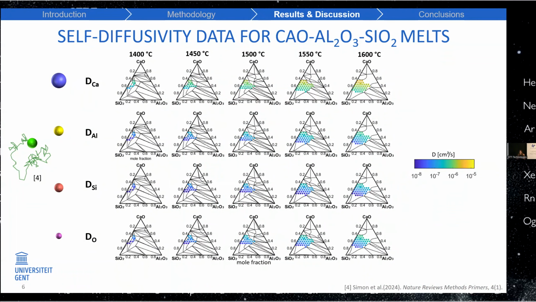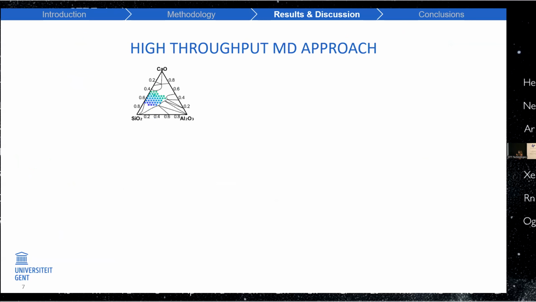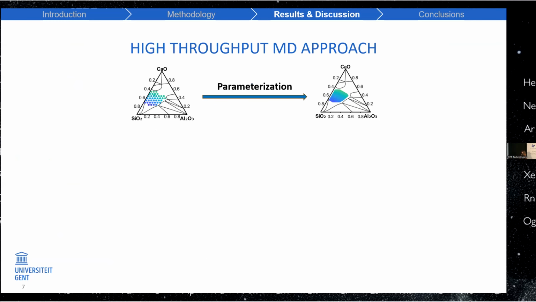temperature and composition. But now we had a lot of data, but ultimately, I wanted to simulate how alumina dissolves in this ternary slag. So we needed to find a way to use these independent data points to get a continuous description. So therefore, we needed to parameterize all these independent data points. We needed to do a parametrization. But we really wanted to do this in a physically informed way.